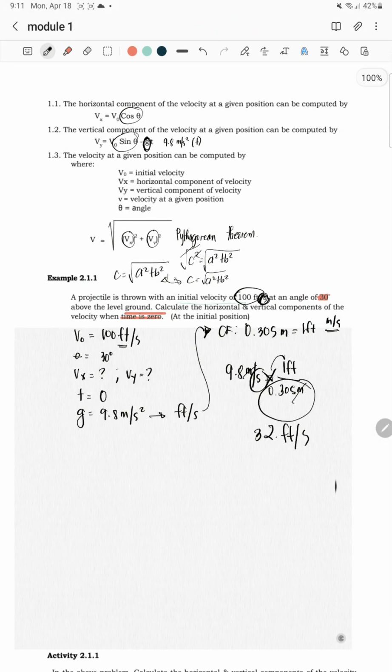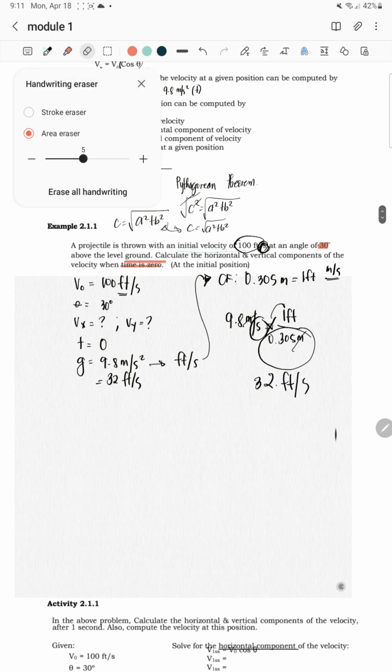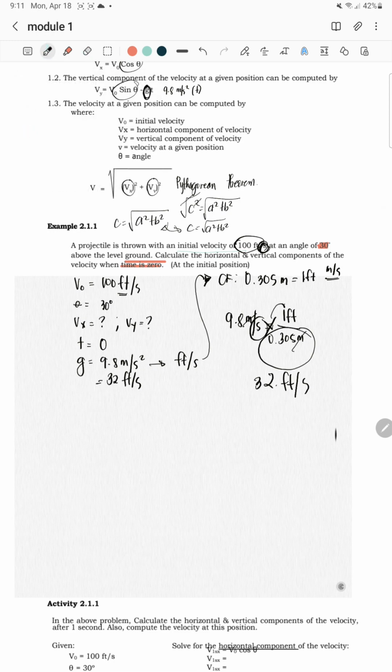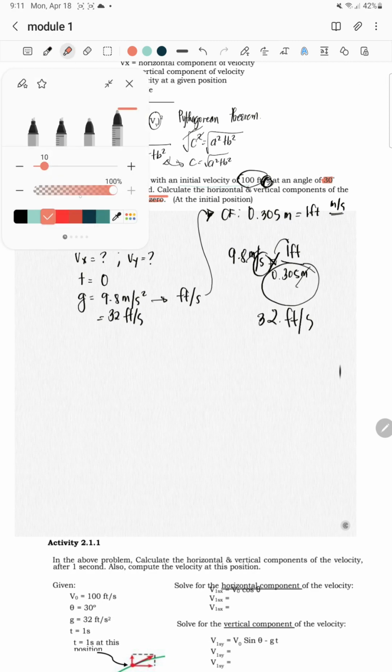So, whole number na lang ang kunin natin. That's 32 feet per second. Therefore, our gravity is 32 feet per second na siya. Okay. Nakuha nyo ba? So, ito na yung mga given values natin. Next na tayo. Since we have now the given values, we are going to put it into,